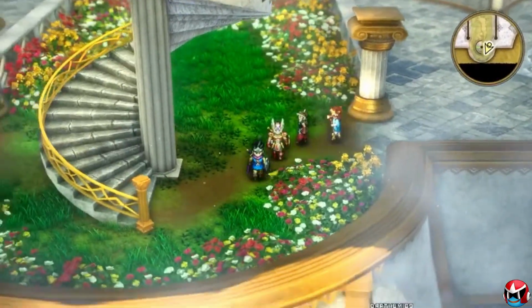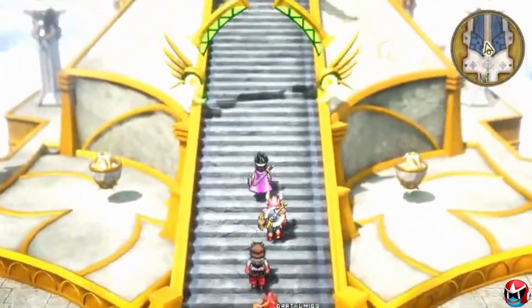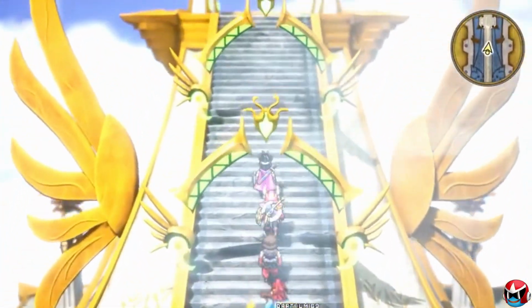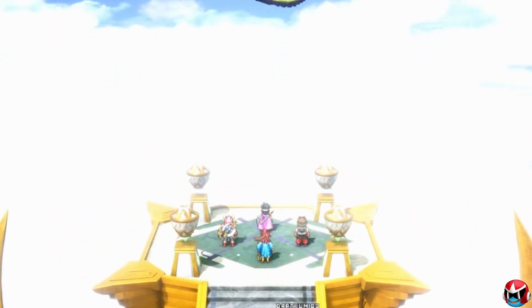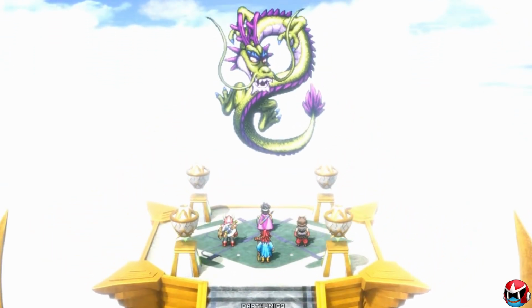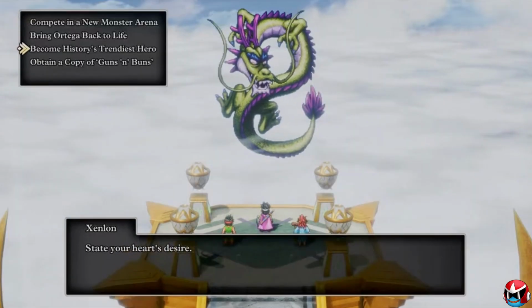The post-game takes you to a castle in the heavens called the Cloudsgate Citadel. Atop it lies a mysterious dragon that'll grant you wishes once defeated, and one of these wishes is used to revive Ortega so that the hero's mother and Ortega can live happily ever after. In the overworld, I guess if you made it this far, there's no point in giving out a spoiler alert,